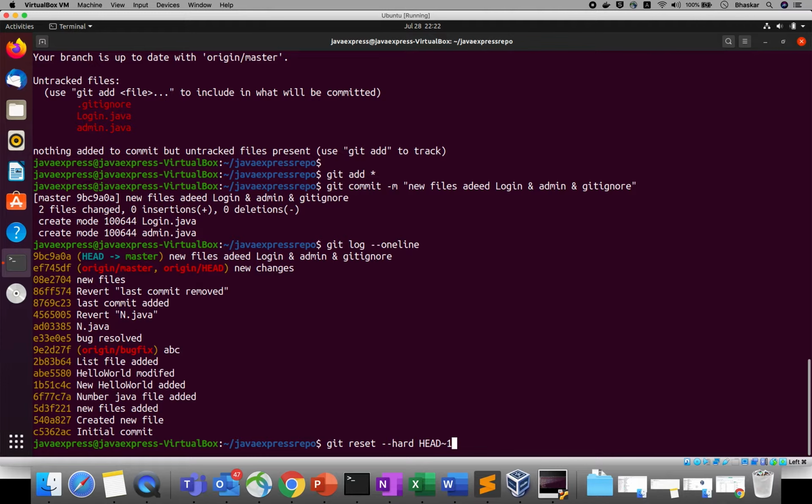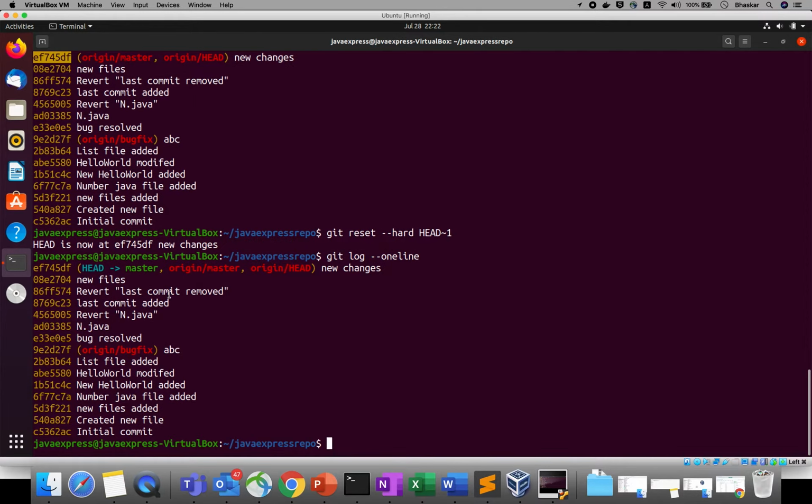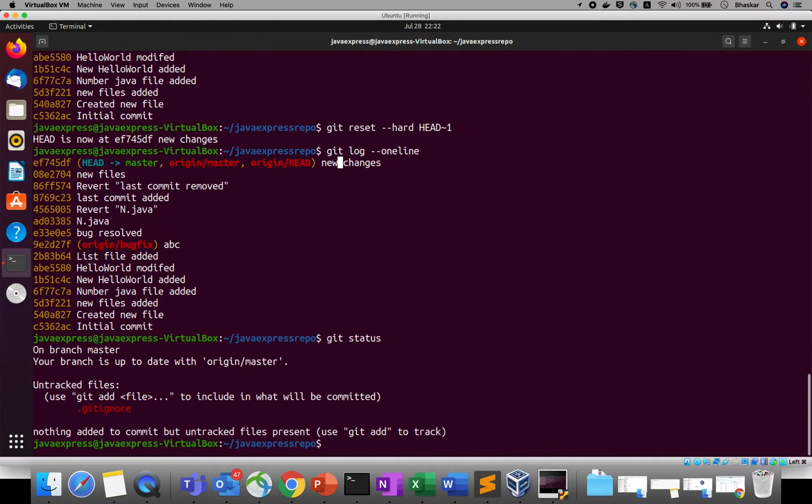If you use the reset, see here, now HEAD is pointing to this one, where this is your new commit id. Okay, if you see git log --oneline, see, your HEAD is pointing to this. All your files won't be there in your local also. Okay, why? Because the .gitignore is a hidden file, right? So that's why it is not there. Remaining files are deleted. Okay, I hope you guys are clear about these things, right?